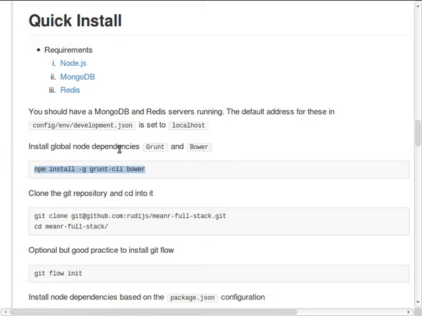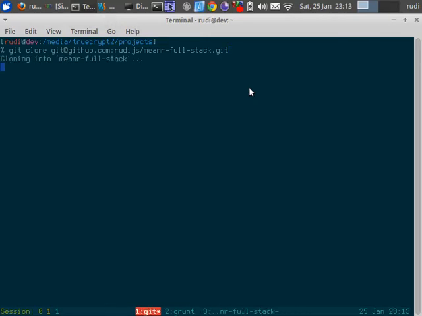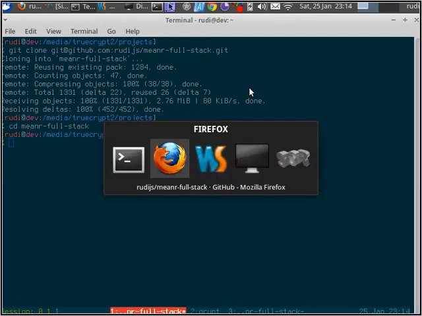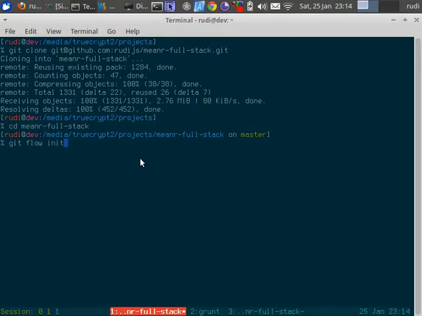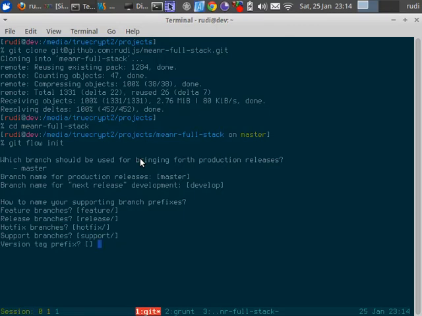Okay, next up we'll clone the Git repository and cd into the working directory. So the next step is optional, but it's good practice. We'll install Git flow branching strategy. Here we can just go with all the defaults, and you can see that drops us in onto the development branch, which is where we should do most of